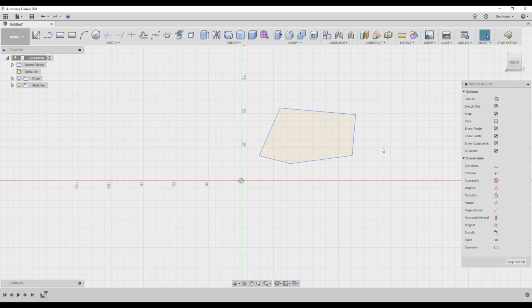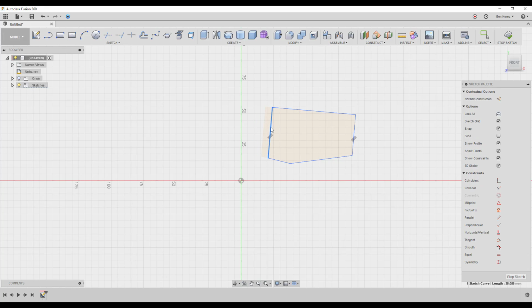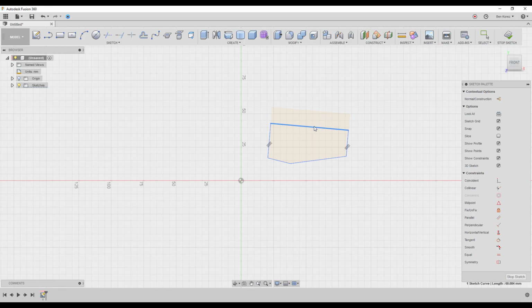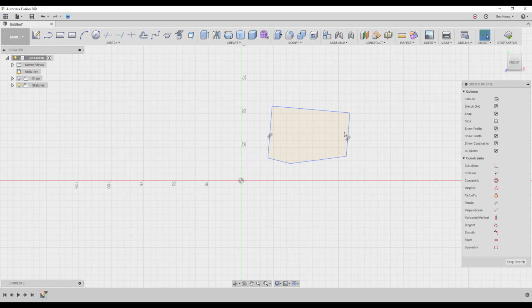geometry. So let's just say, for example, I'm going to start to create some different kinds of constraints. I want these two lines to be parallel, okay? So I've chosen the parallel constraint. But as you can see, I can still change the distance between them. And next, I can also change the length of those two sides. So I'm going to choose